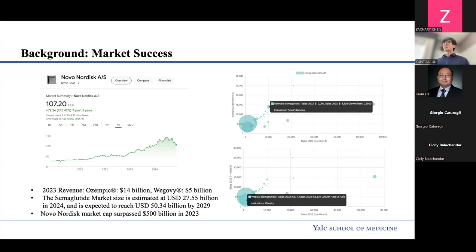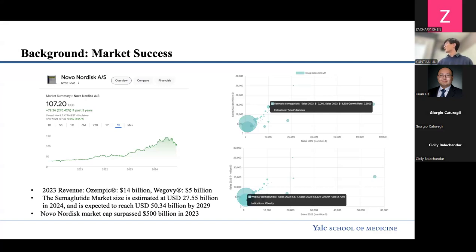So for semaglutide that treats type 2 diabetes, you can see over here it is ranked, I think, second or third in drug sales in the past 2 years. I think this one is used for cancer, and this one I have no idea, but yeah, it's really a huge success. And for the relatively new Wegovy, we also have it on the rank, but it may not seem as big as the other popular drugs right now